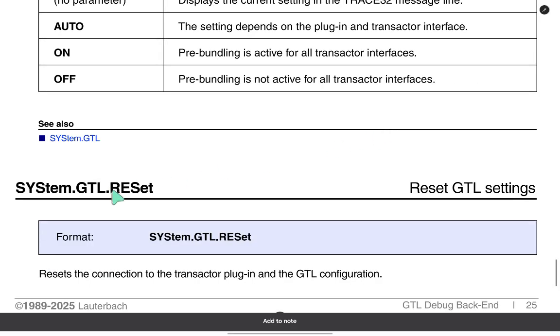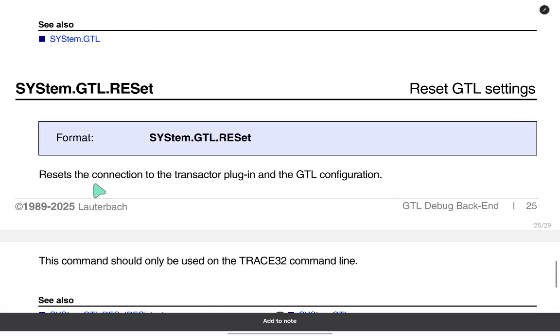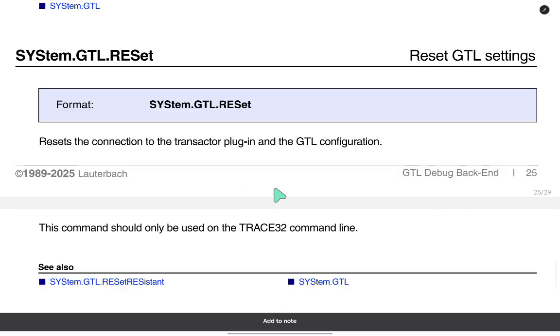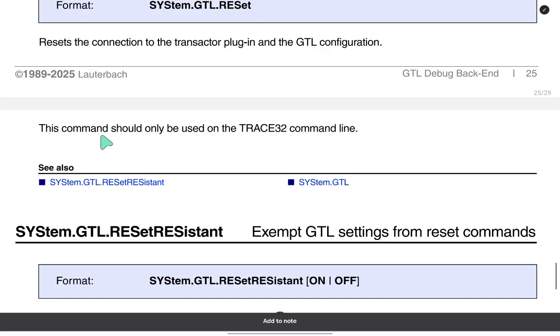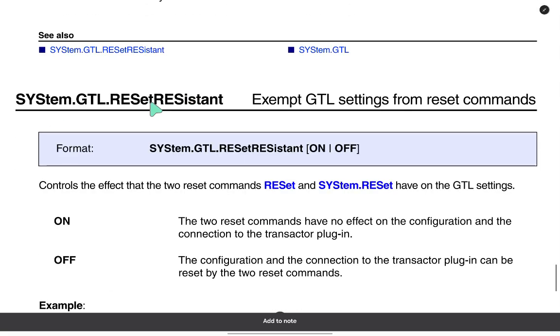sys.gtl reset. Reset GTL setting. Reset the connection to the trajectory plugin and the GTL configuration. This command should only be used from the command line. sys.gtl.reset